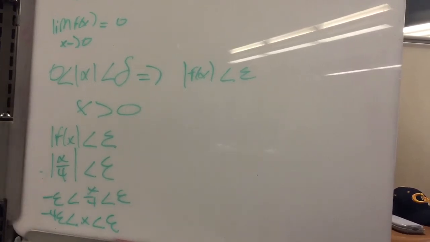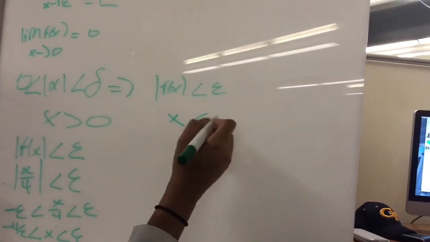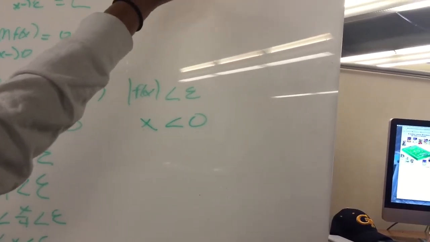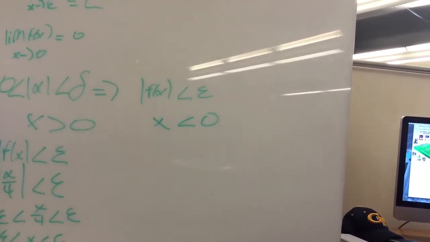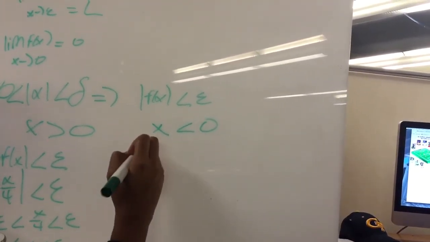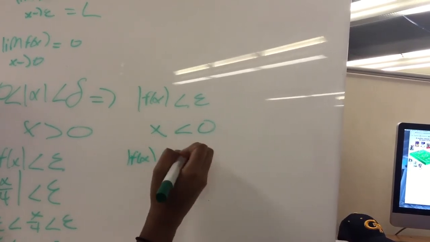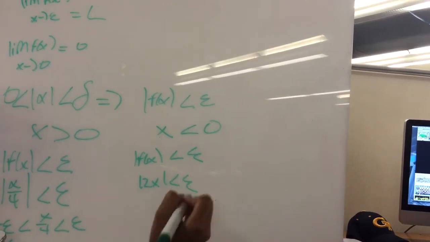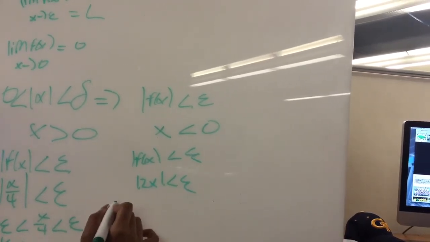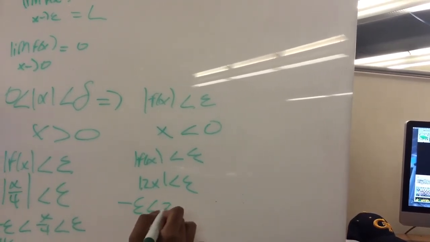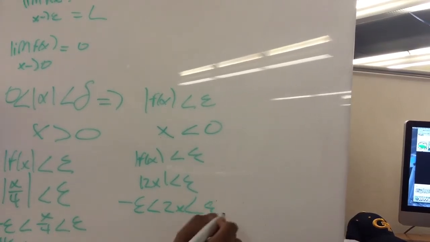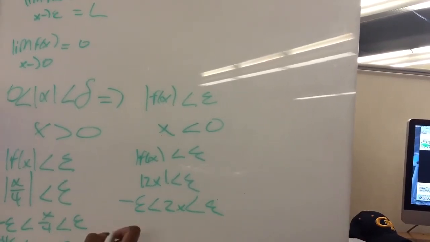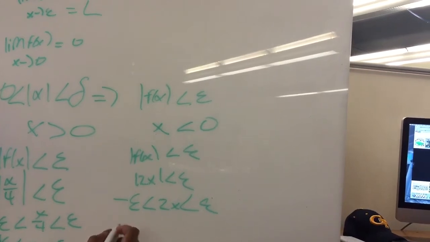Next, it asks for when x is less than 0. When x is less than 0, f of x equals 2x. So then the absolute value of f of x will be 2x. This again can be rewritten as negative epsilon is less than 2x, which is less than epsilon. And we divide each side by 2. So then you have negative